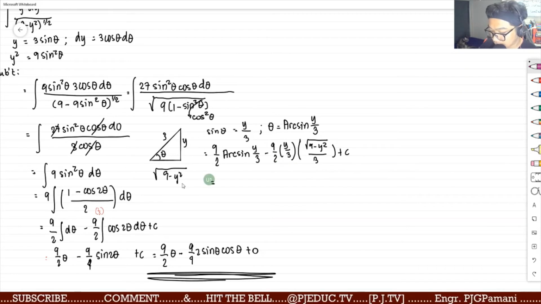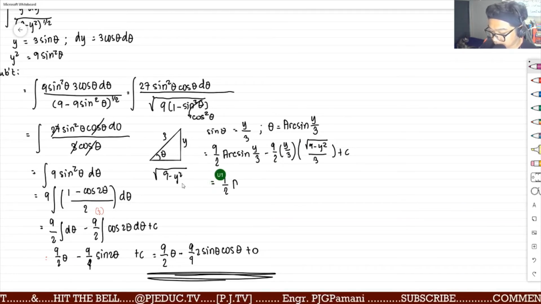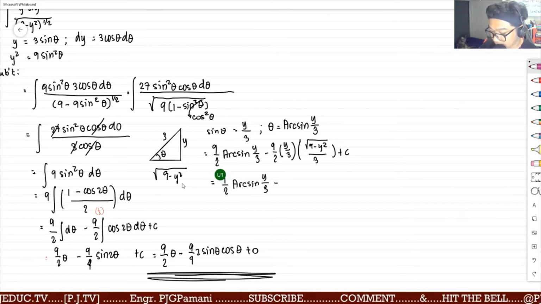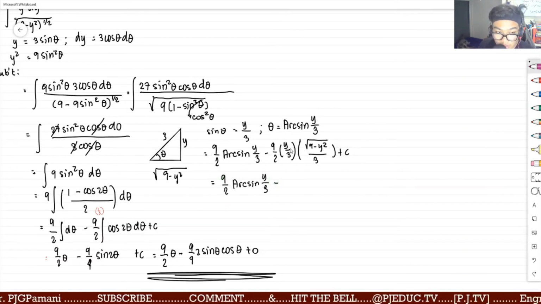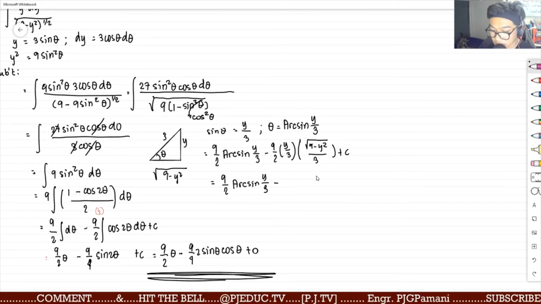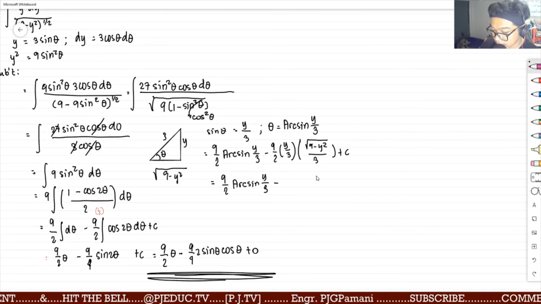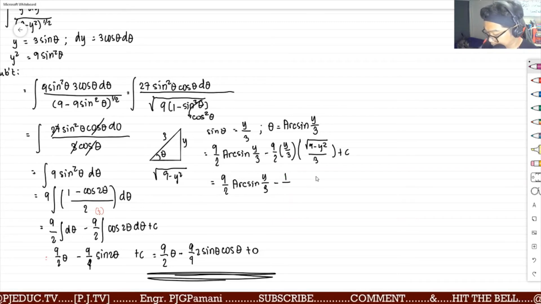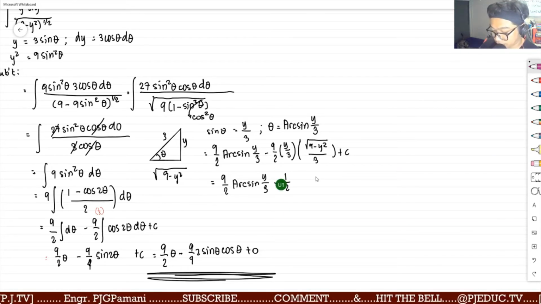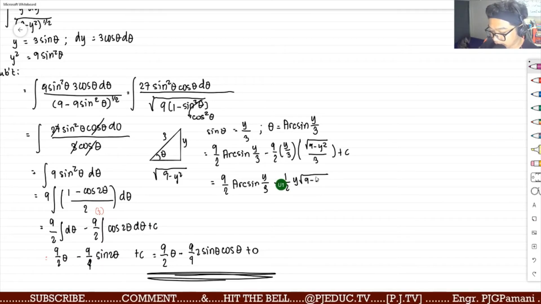And simplify further. 9 half of arc sine y over 3 minus, that is now 9 half times 1/3 times 1/3, that is 1 half of y times square root of 9 minus y squared